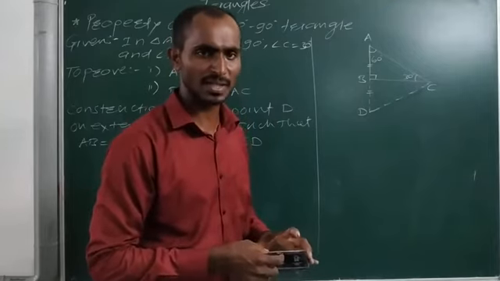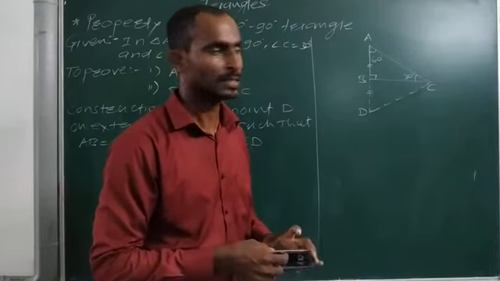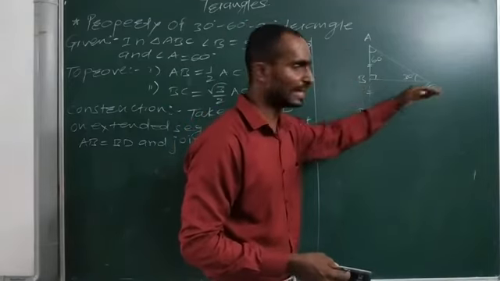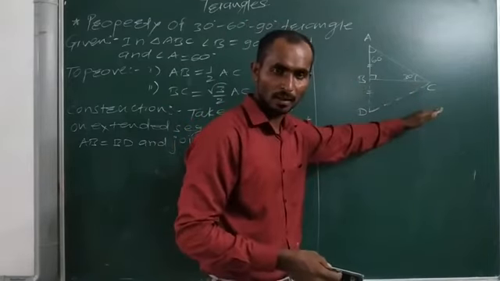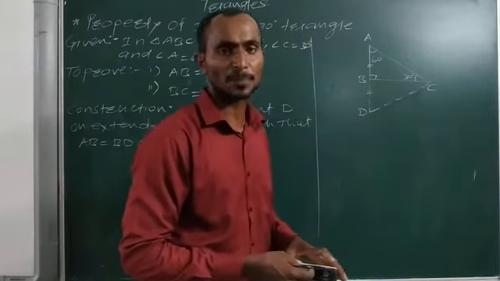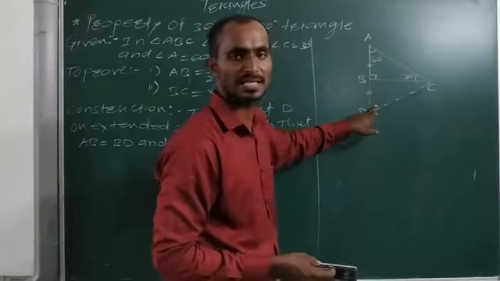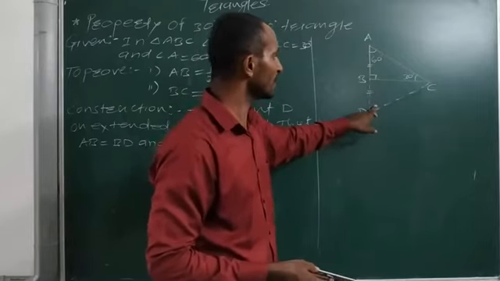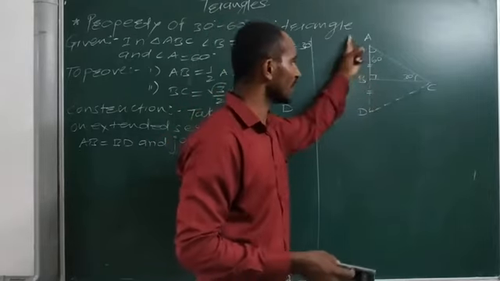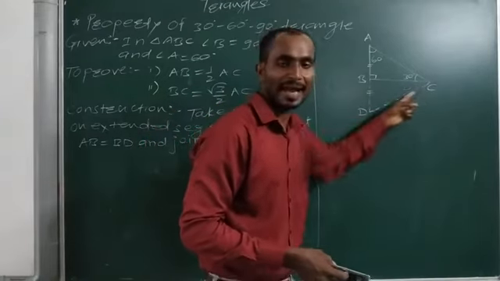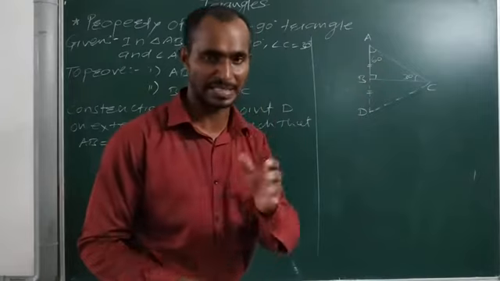But what is the use of the congruence of triangles? According to the congruence, we can say that angle BAC is congruent to angle BDC, because these are the corresponding angles of congruent triangles. But angle BAC equal to 60, so angle BDC is also equal to 60 degree. It means we get two angles of larger triangle ACD of measure 60 degree each. So hence the remaining angle, that is angle ACD, is also equal to 60 degree.